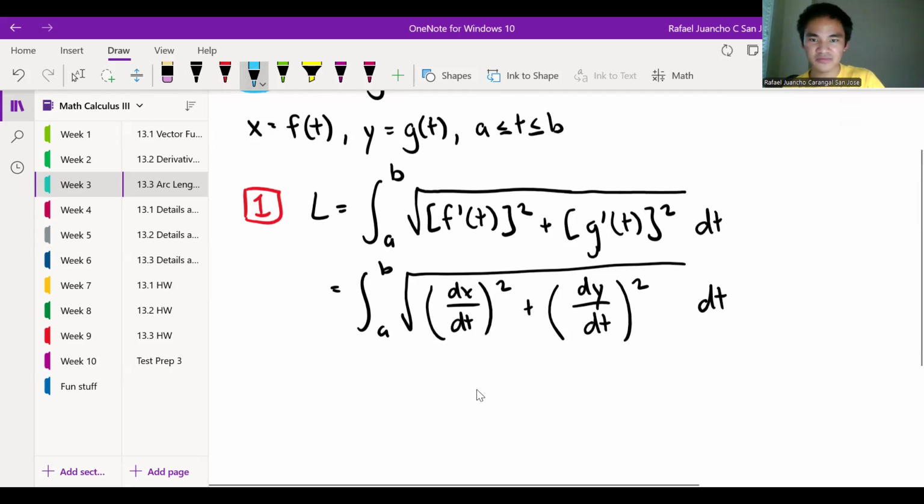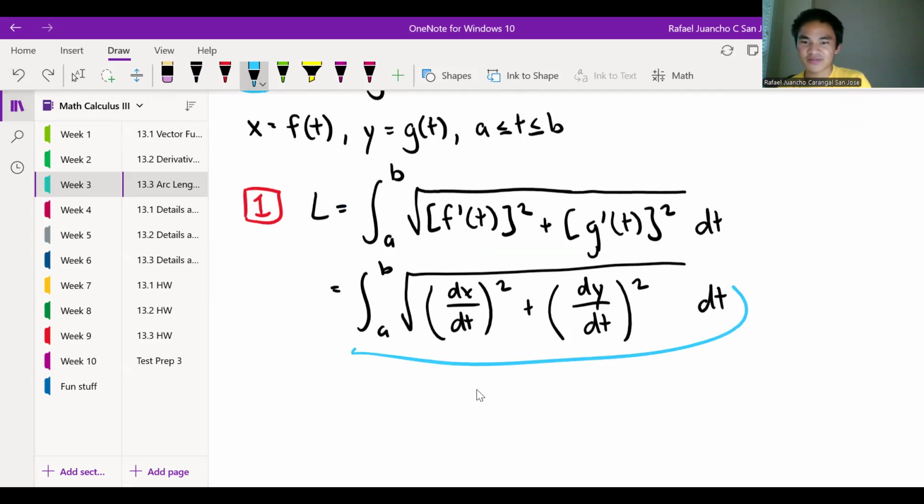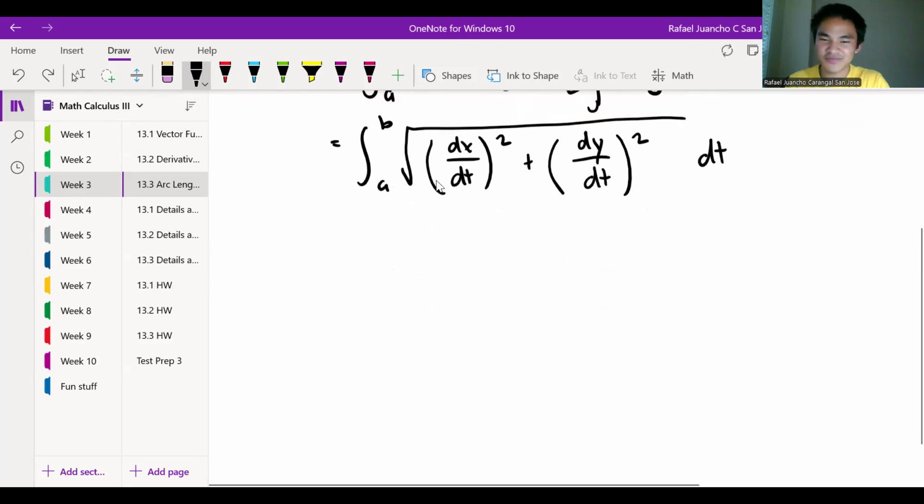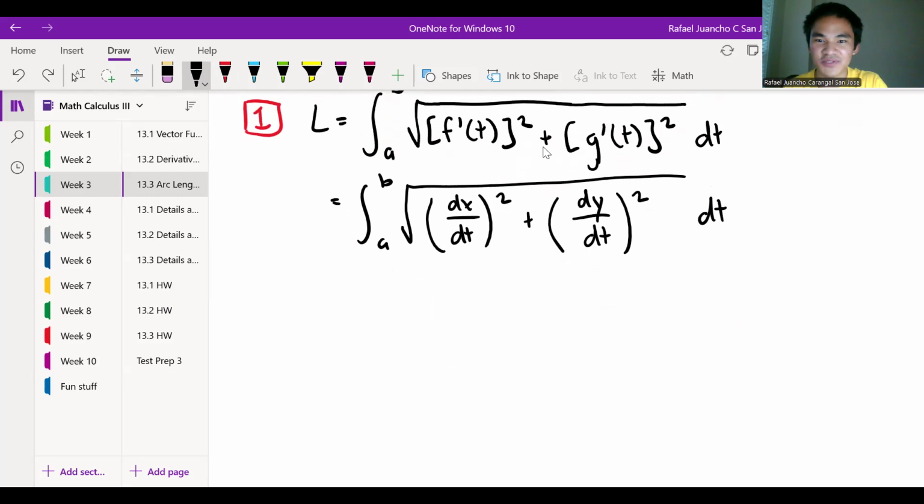Honestly, my opinion, I'd use this. But if you guys know this better, and I know some of my classmates know this better because of the dx/dt, if this is easier, go for it. Use this. But when I'm doing this, I would probably use the first one, because when I first started calculus, I was exposed to this one, more than the second notation. Anyways,